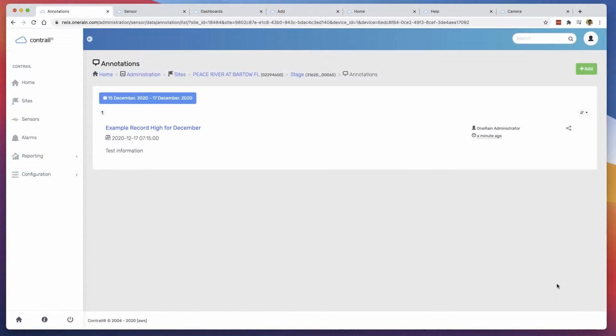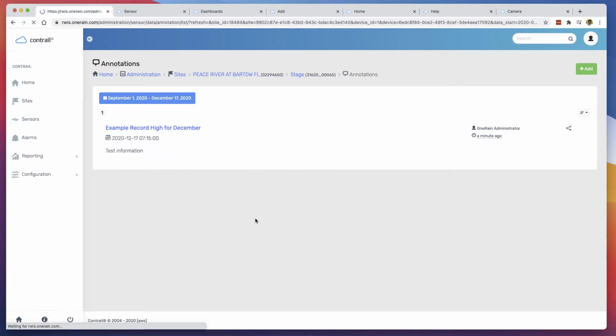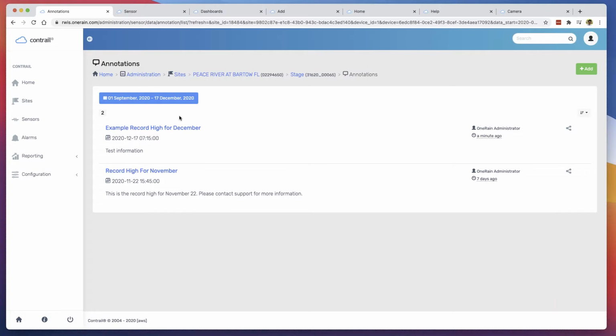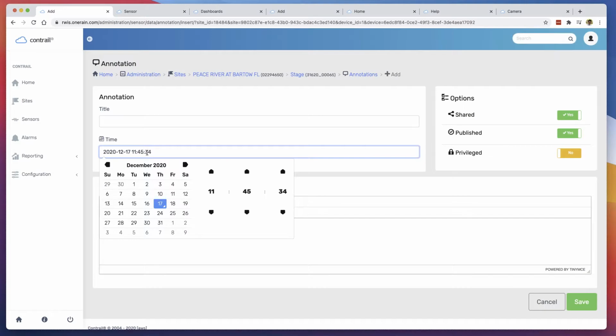You can see we land on the actual data annotation page, and if we jump back to the user side and quickly show that Peace River site, we could see our new data annotation should show up here right at the end. So we could see here's our data annotation that we just added in, and we're able to edit that. You can also add in, if we go back to our sensor here,